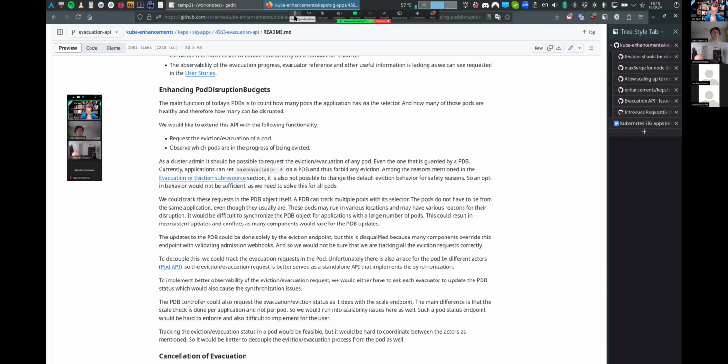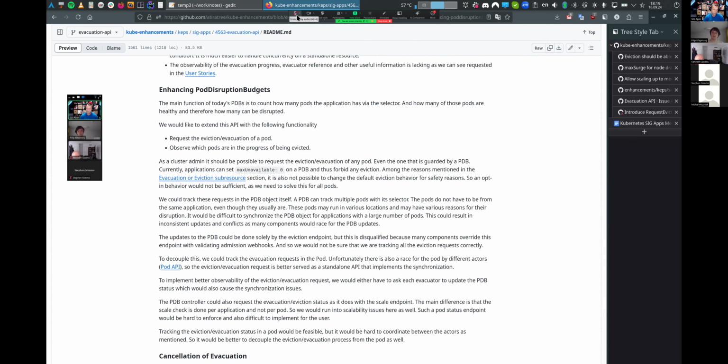So the use case is that you can actually have some decision made, for example with the extension endpoints. There can be some entity making decisions on how many pods can be made unavailable. So this can contact an external entity, and this decision is not completely based on the disruption controller and the eviction endpoint.